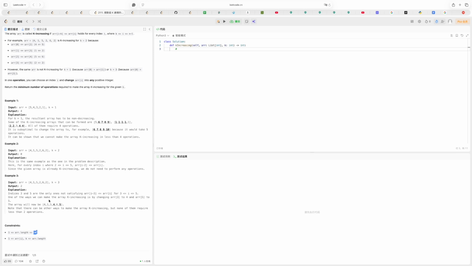Yeah, I'm thinking of if starting from this index, it needs like 3 operations, and the other index needs like 2 operations. So, will the answer be 2 or 3? Maybe let's make some edge case. I will have like, so maybe k is 2, and